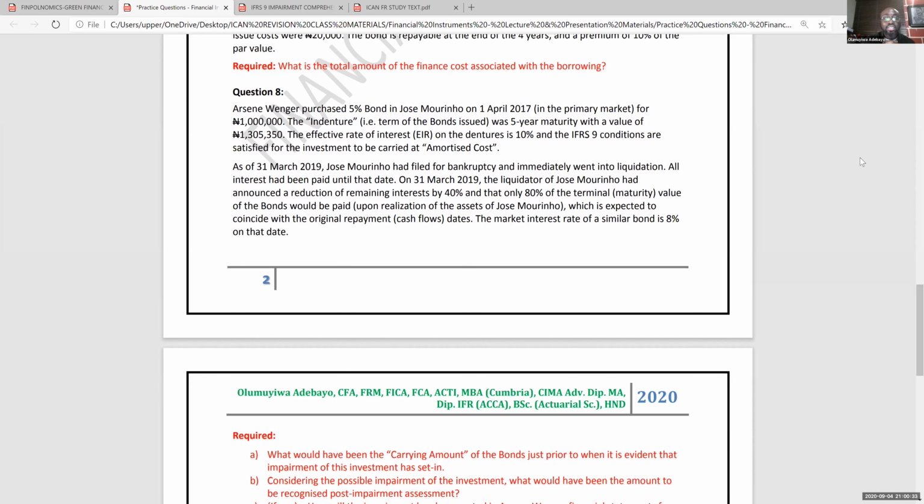Arsene Wenger purchased a 5% bond in Jose Mourinho on 1st April 2017. And this bond was purchased in the primary market. That is, it was purchased when it was issued. And it was purchased for 1 million naira, which is the face value, probably. The indenture, which means the condition and term of the bond issue, was a 5-year maturity with a value of